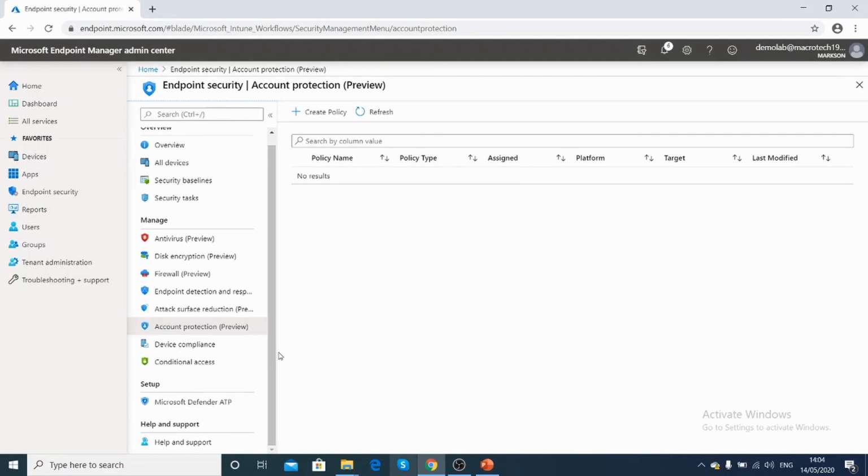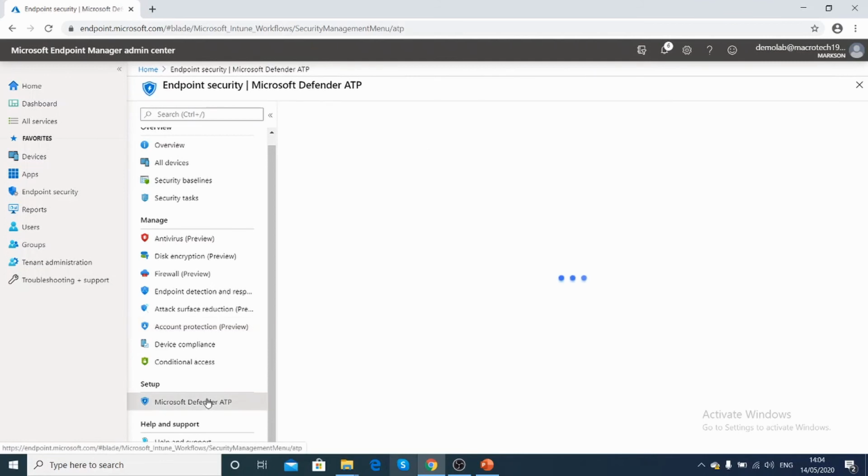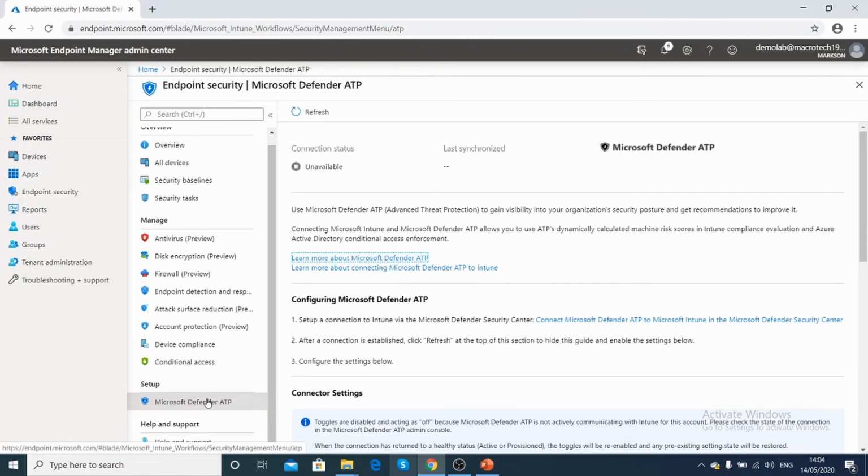And Microsoft Defender ATP is a cloud tool that is specific to all Windows 10, Windows Server, and all kinds of applications can be monitored using ATP. So if you choose ATP and if you have a Defender ATP subscription already, you can tag that subscription over here, and you can see all the devices in a centralized view. So under all devices, it will show up all the information and security tasks, a single centralized console for an administrator to see what are all the vulnerabilities happening in your environment. That is configurable under Microsoft Defender ATP.